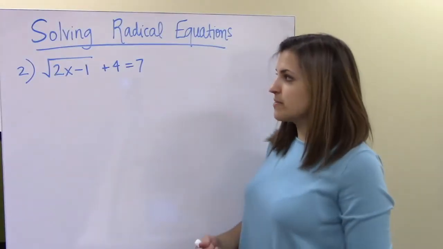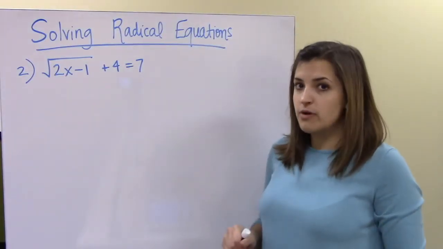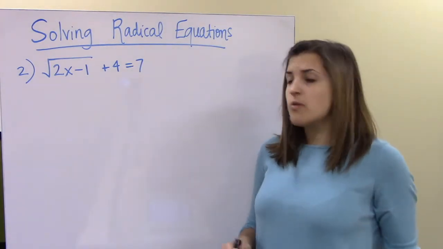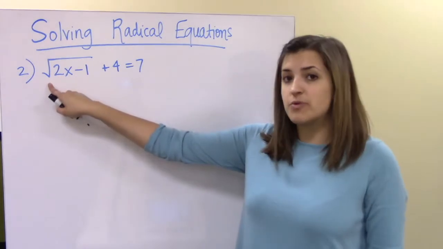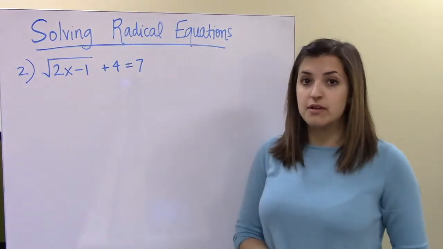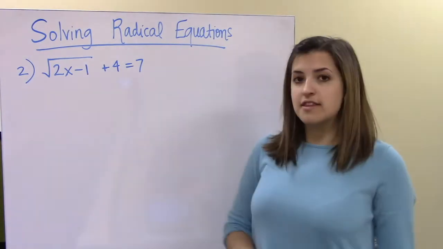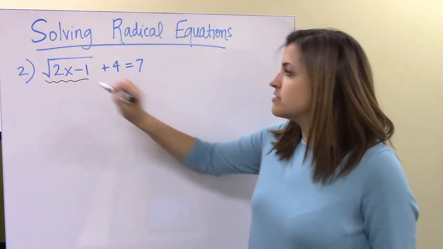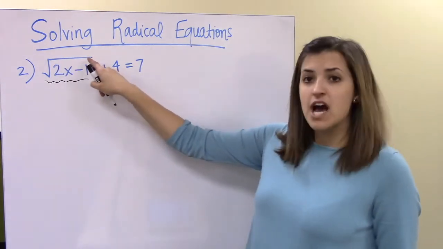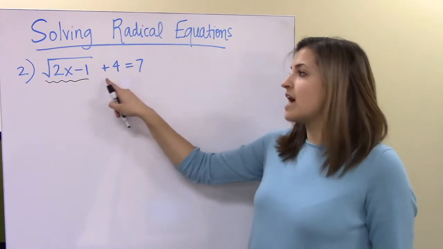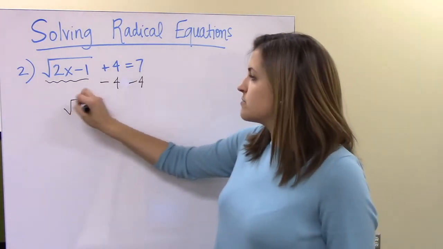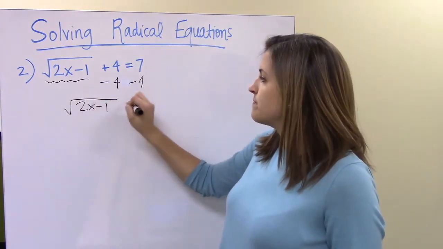All right. Number 2, the square root of 2x minus 1 plus 4 equals 7. Now, there are a couple different ways to solve this kind of problem. One of them is to get the thing in the square root alone first. That's the way that I prefer, but I'll show you a different method in a minute. So I'm going to try to get the thing in the square root alone. To do that, I'm going to have to subtract 4. Notice that the square root sign does not extend to the plus 4. So it's outside of our square root. So I'm going to subtract 4 from both sides,